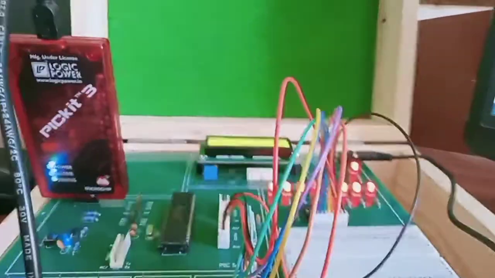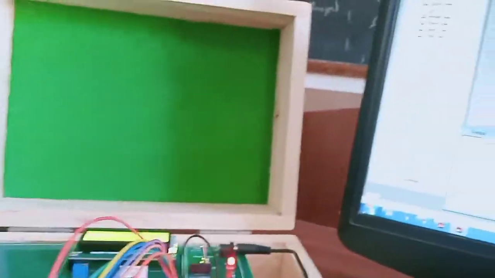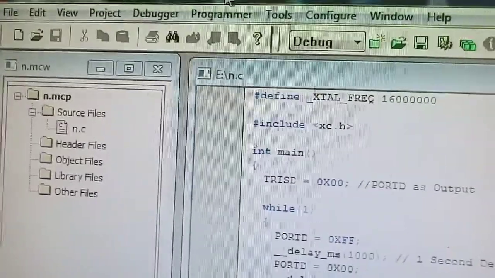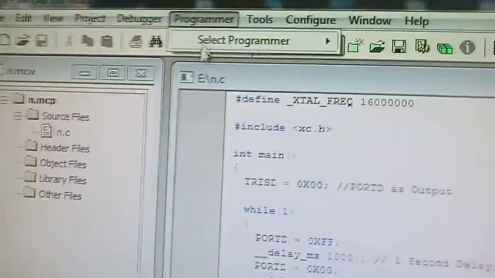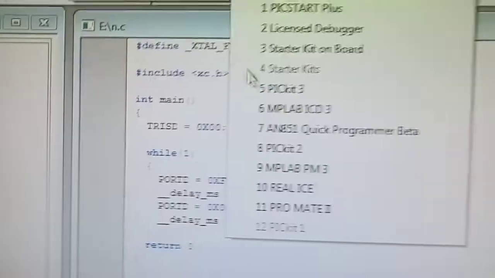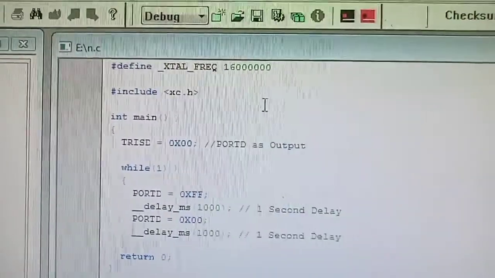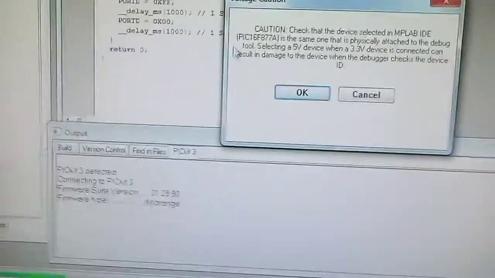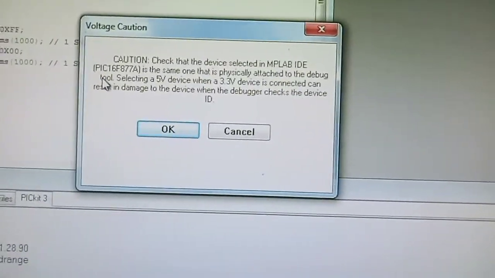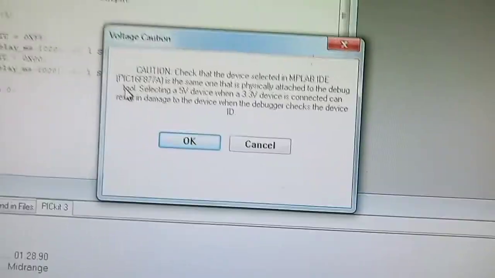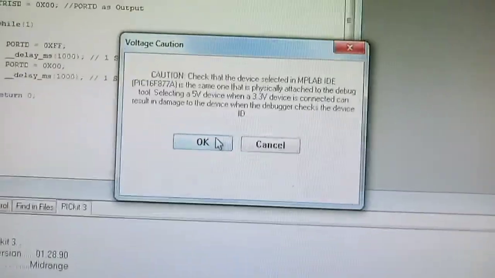Now when this kit is connected, you have to go to the programmer. Click on programmer, click on select programmer. This is your PICkit 3 programmer. So this new window pops up, that is voltage caution. Only 5 volt is required.